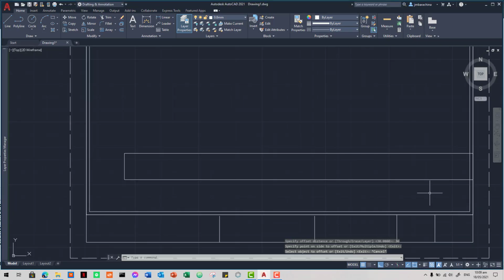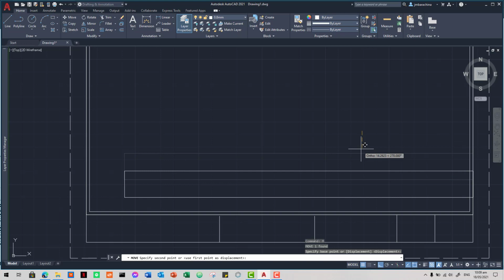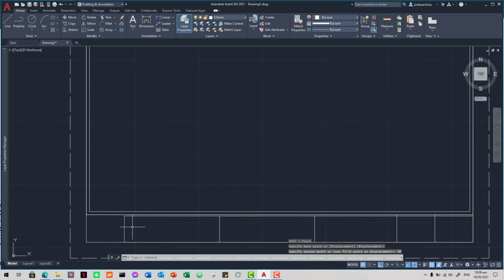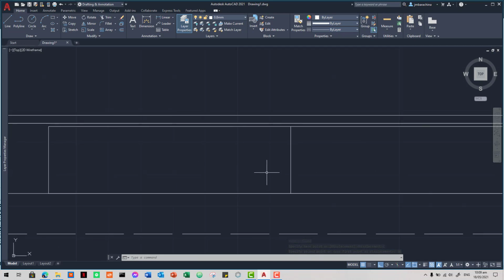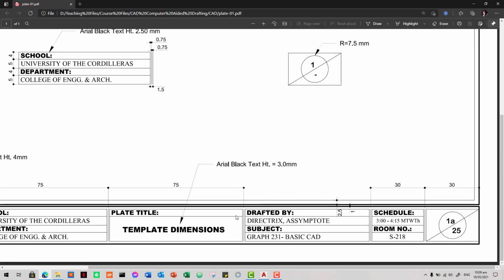Okay. Now that we are done with the divisions, I'll move this back. Since we moved it up by 50, I'll move it down by 50 also. Alright, so there we have our paper. So what I'll do here,